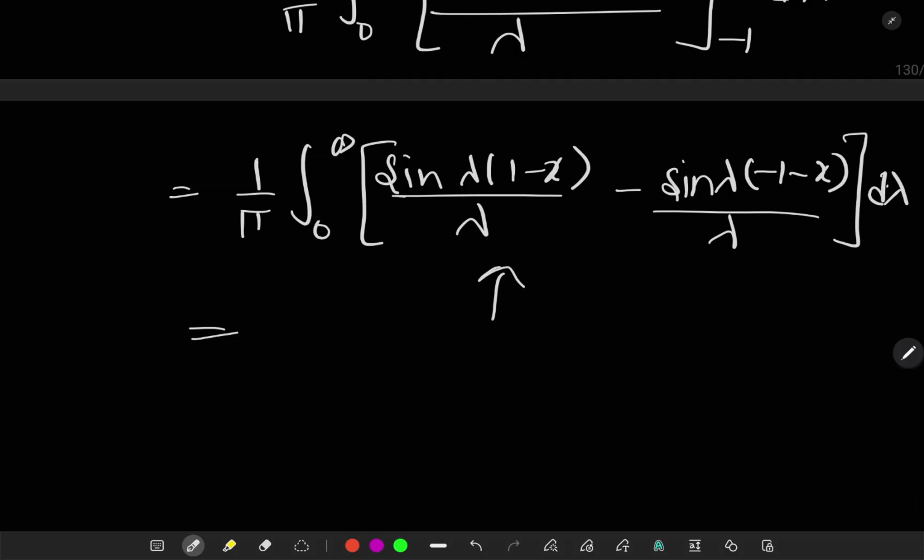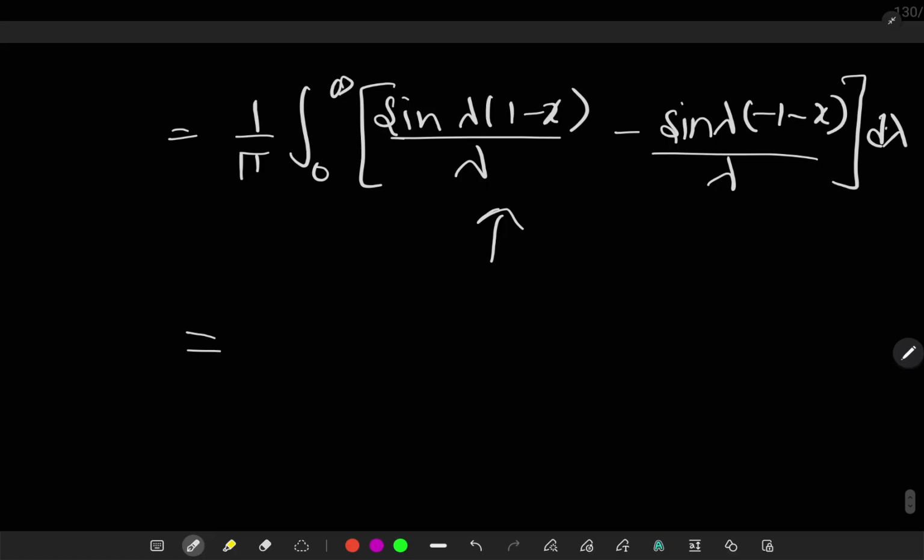On integrating this term, after solving this, we get here